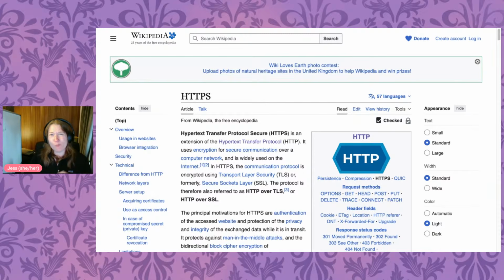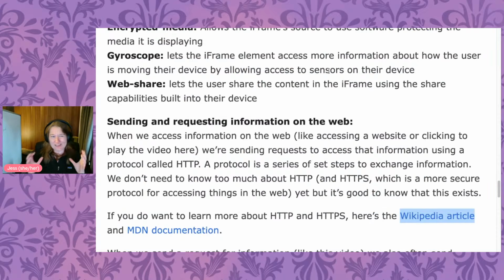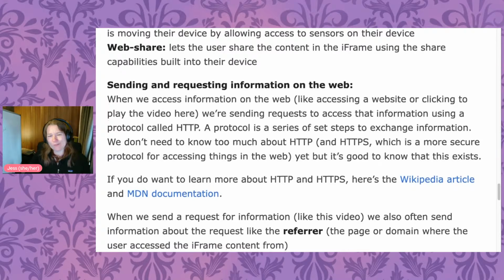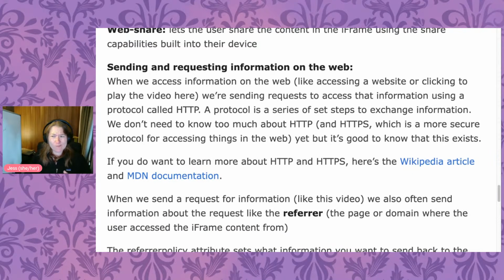This you probably want to learn about more as you continue to get your feet around web development. But this isn't a today problem. This is not even a next week problem. This might be the end of the bootcamp problem. If you do want to learn more, optionally, take a look at the Wikipedia article and the MDN documentation I've sent here. But the very basic spoilers are